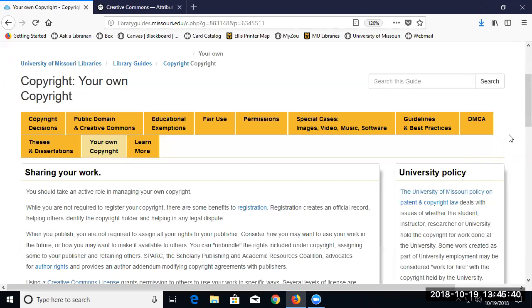For students, it's a little clearer. Students hold the copyright to their own work. So if you're doing a work for an assignment, that's still your work. And really, a professor shouldn't project it on the screen or pass it on to others without getting your permission.